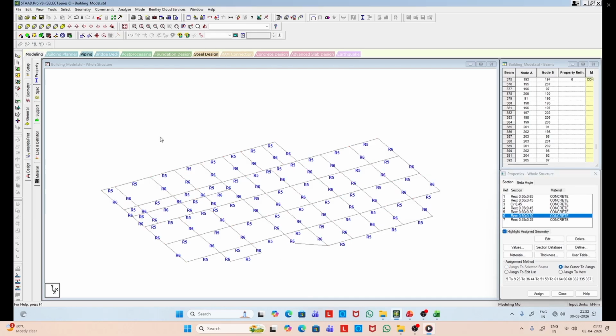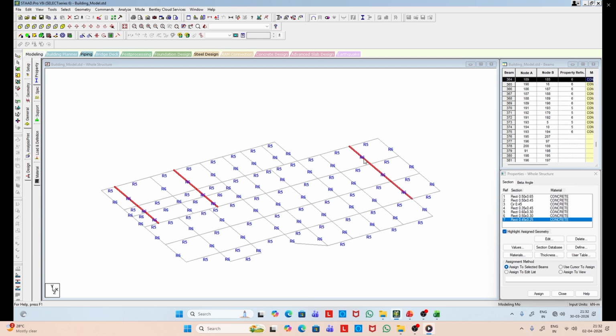We can assign a different section property if we plan so. As you can see here, these are the secondary beams having R6 as the section property. You can see here the beam numbers along with their node numbers and the property reference.